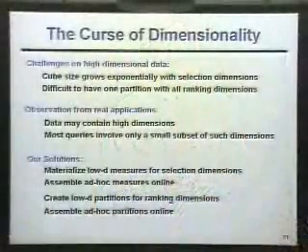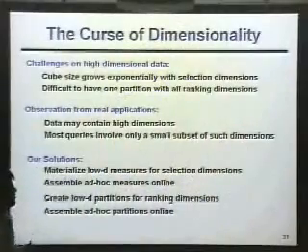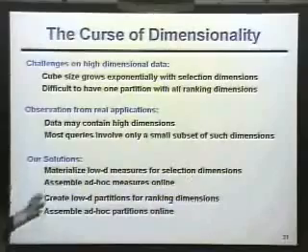So our solution is that we only materialize low dimension signatures for selection dimensions. And of course, we cannot cover every possible combination. And the problem is how we can assemble ad hoc measures online. The other way is the same: we only create low dimension partitions for ranking dimensions, and we can assemble ad hoc data partitions online.